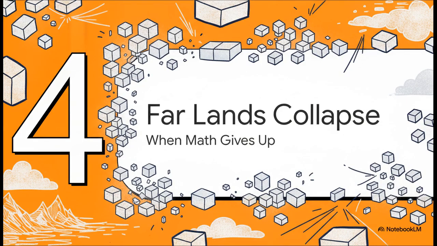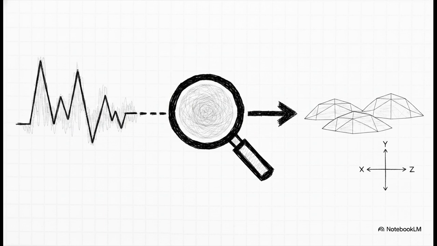Which brings us to part 4, the far lands collapse. What happens when the math finally gives up? Now that we've seen how strictly governed these algorithms are, let's travel to the absolute edge of the procedural universe. Procedural terrain uses complex equations, specifically 3D Perlin noise. To make elevation changes look natural, the generator multiplies your physical x and z coordinates by a constant scaling factor of roughly